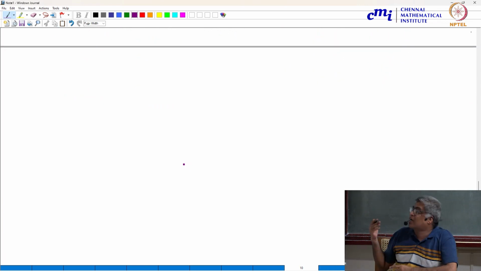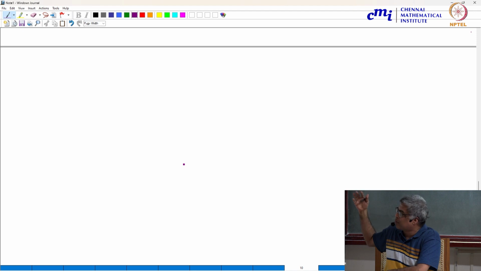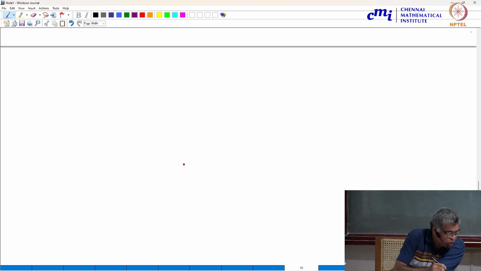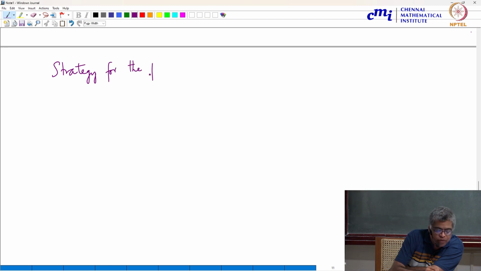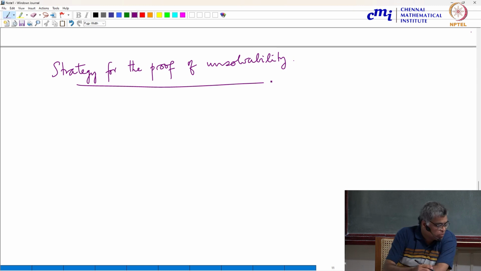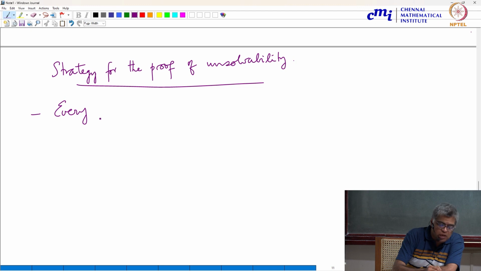Now that I have shown this, what is the overall strategy for showing that Hilbert's tenth problem is unsolvable? That's what you have to come to. So, the strategy for the proof. There are several steps. I'll do these steps in some order. First step is to show that